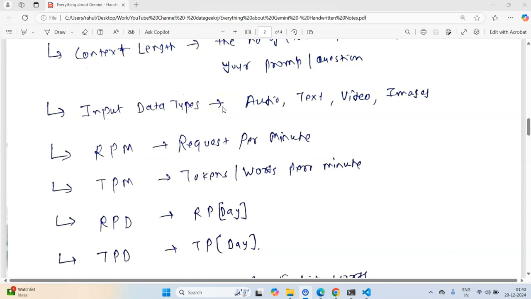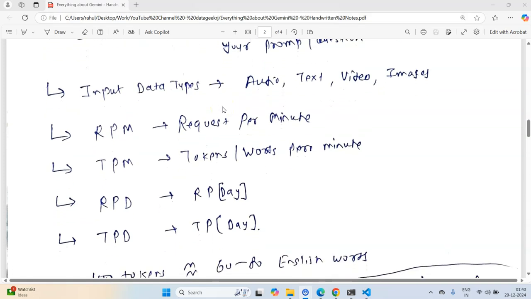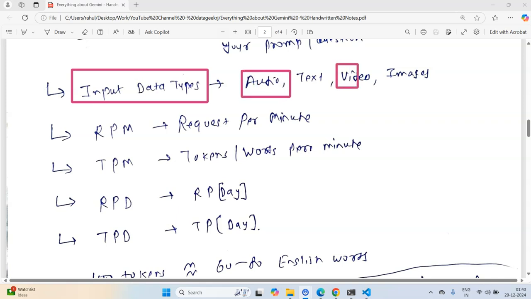So what was the next important piece of information that we need to know? The next piece of information is input data type. It should be quite self-explanatory. Usually we think that these LLMs can only take text, and that is how I explained it on the previous page, that LLMs are essentially large language models, and language is essentially text. But if you think about it, audio also contains text, video also contains text.